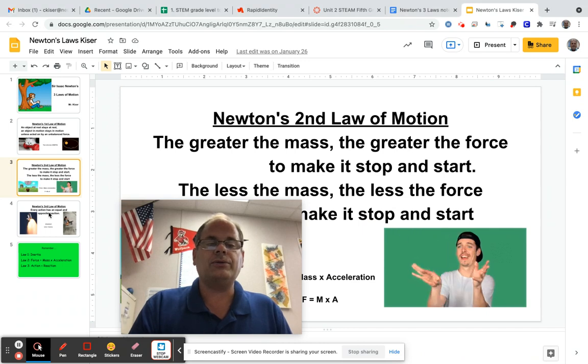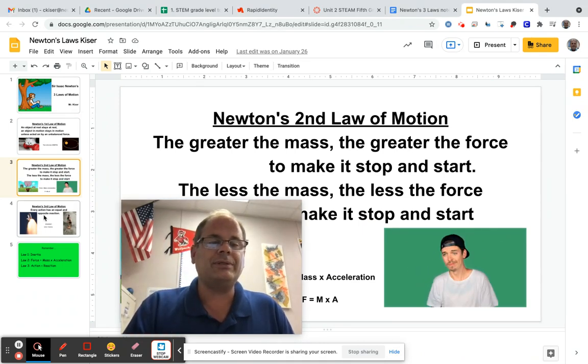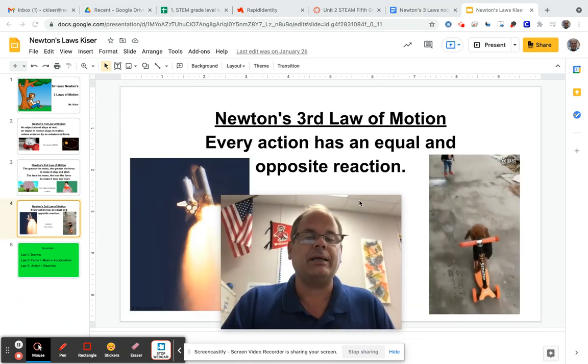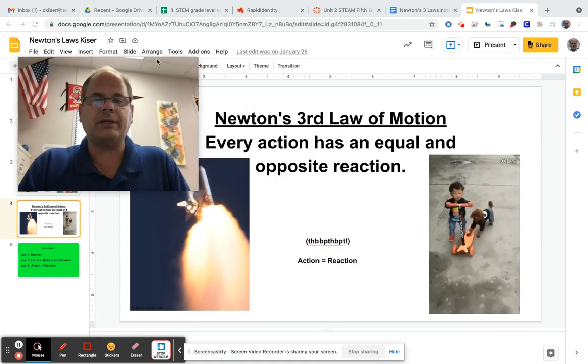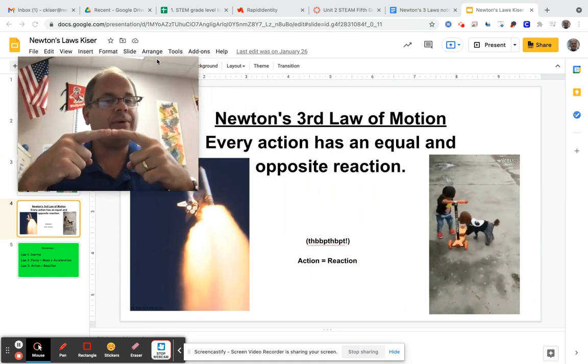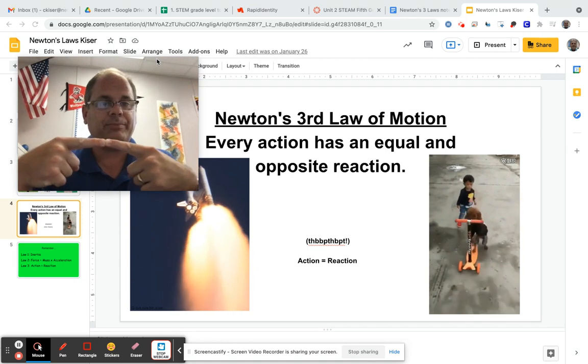Now, Newton's third law of motion is the one we're going to demonstrate this week in STEM. All right, so it goes like this: every action has an equal and opposite reaction. So if I push,